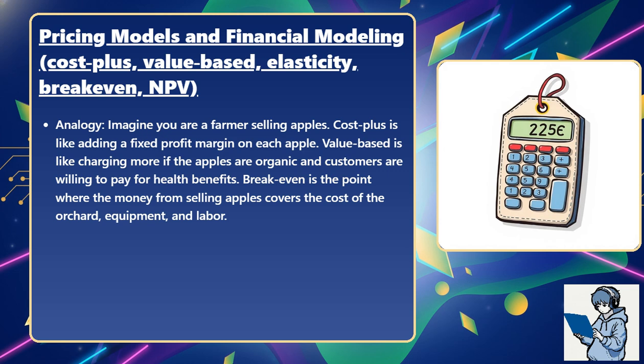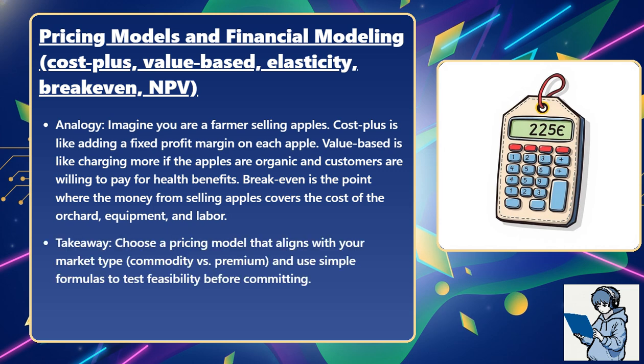Analogy: imagine you are a farmer selling apples. Cost-plus is like adding a fixed profit margin on each apple. Value-based is like charging more if the apples are organic and customers are willing to pay for health benefits. Break-even is the point where the money from selling apples covers the cost of the orchard, equipment, and labor. Takeaway: choose a pricing model that aligns with your market type, commodity versus premium, and use simple formulas to test